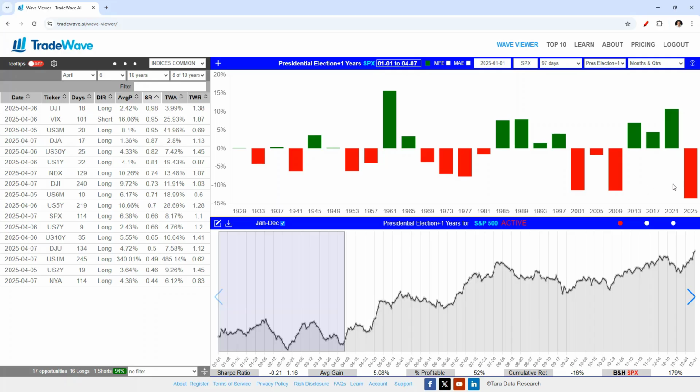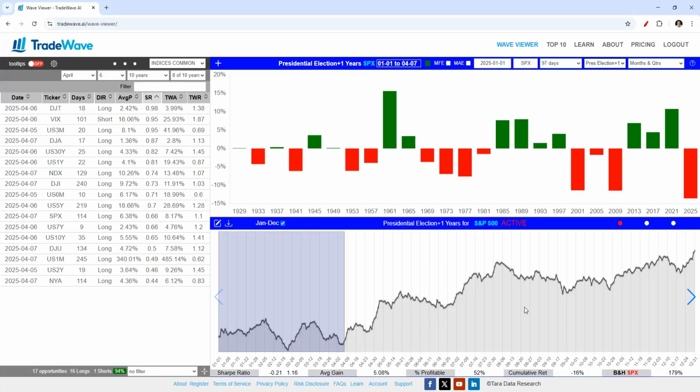Here we go. So let's take a look at the date range and look at the gain and loss for each of the years of PE plus 1s. Right now, 2025, we're down 13.54%, but 2013, 2017, and 2021 were winners. And then 2001, 2005, and 2009, all three were losers for the first quarter. Actually, this is slightly longer than first quarter, but the reason I picked this date range is because it's right at the beginning of a trend up move.